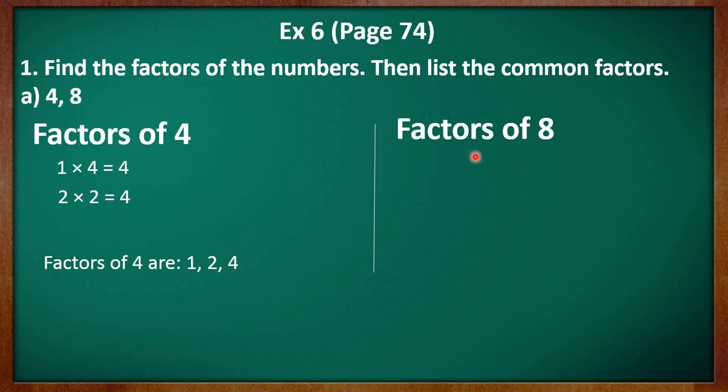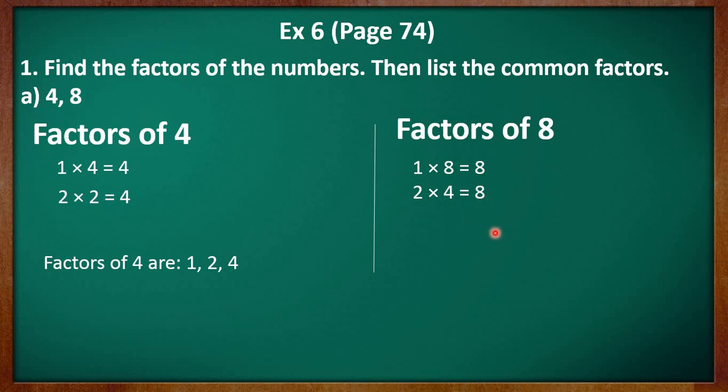Now let's find the factors of 8. Kids, we know that 1 multiplied by 8 is equal to 8 will give us the smallest and the greatest factor, that is 1 and 8. So now we will find all other factors between these two numbers. Let's try to divide 8 by 2. It is completely divisible by 2 and the quotient comes out to be 4. That means 2 and 4 both are factors of 8 and we will write the multiplication fact for this. Kids, you cannot divide 8 by 3.